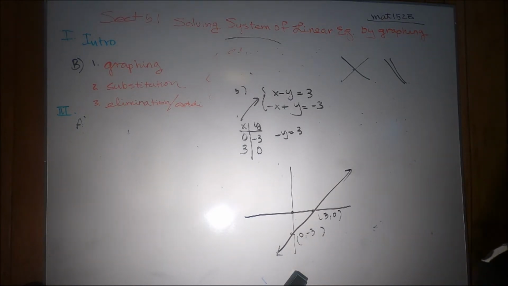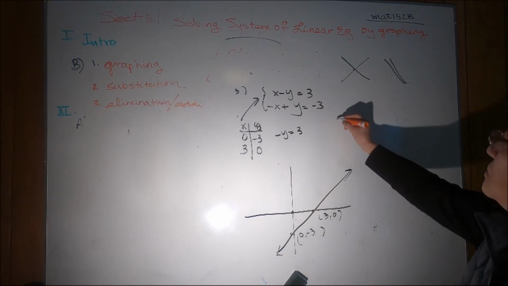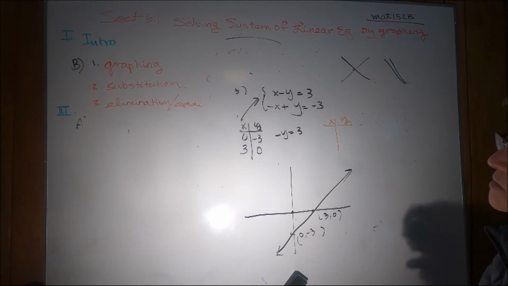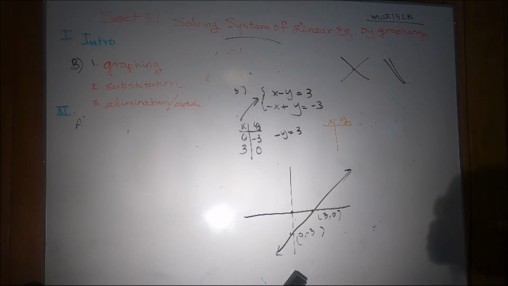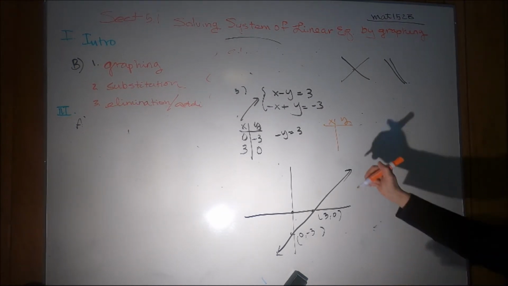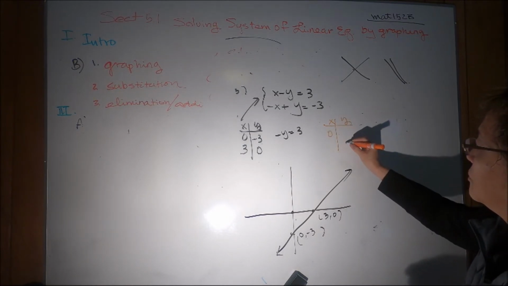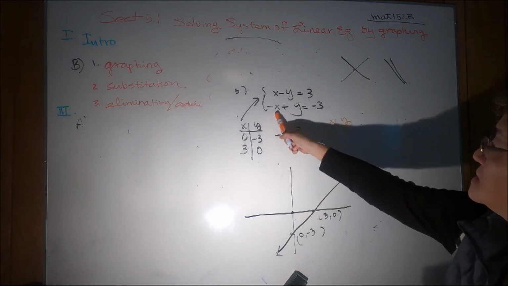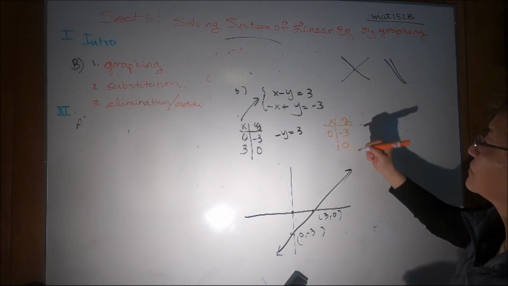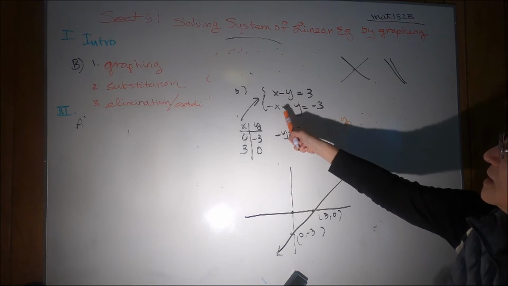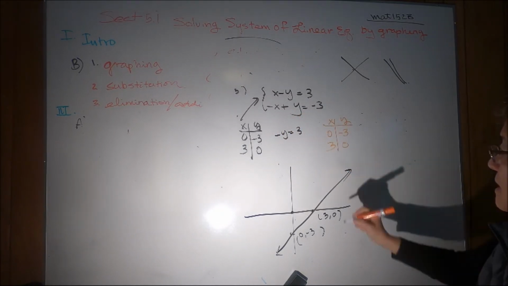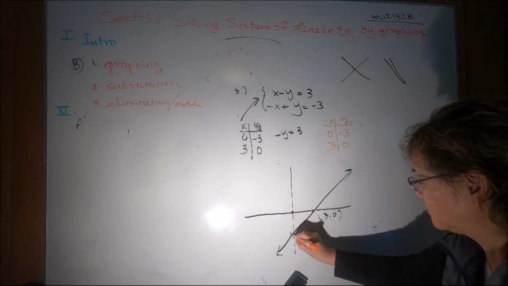And for the second line, I will do my t-table. If I just use simple 0, 0 point as the intercept, or 3 points for x, either way will work. X is 0, y is what? X is 0, y is negative 3. Then y is 0, negative x equals negative 3, x is what? 3. So 0, negative 3,